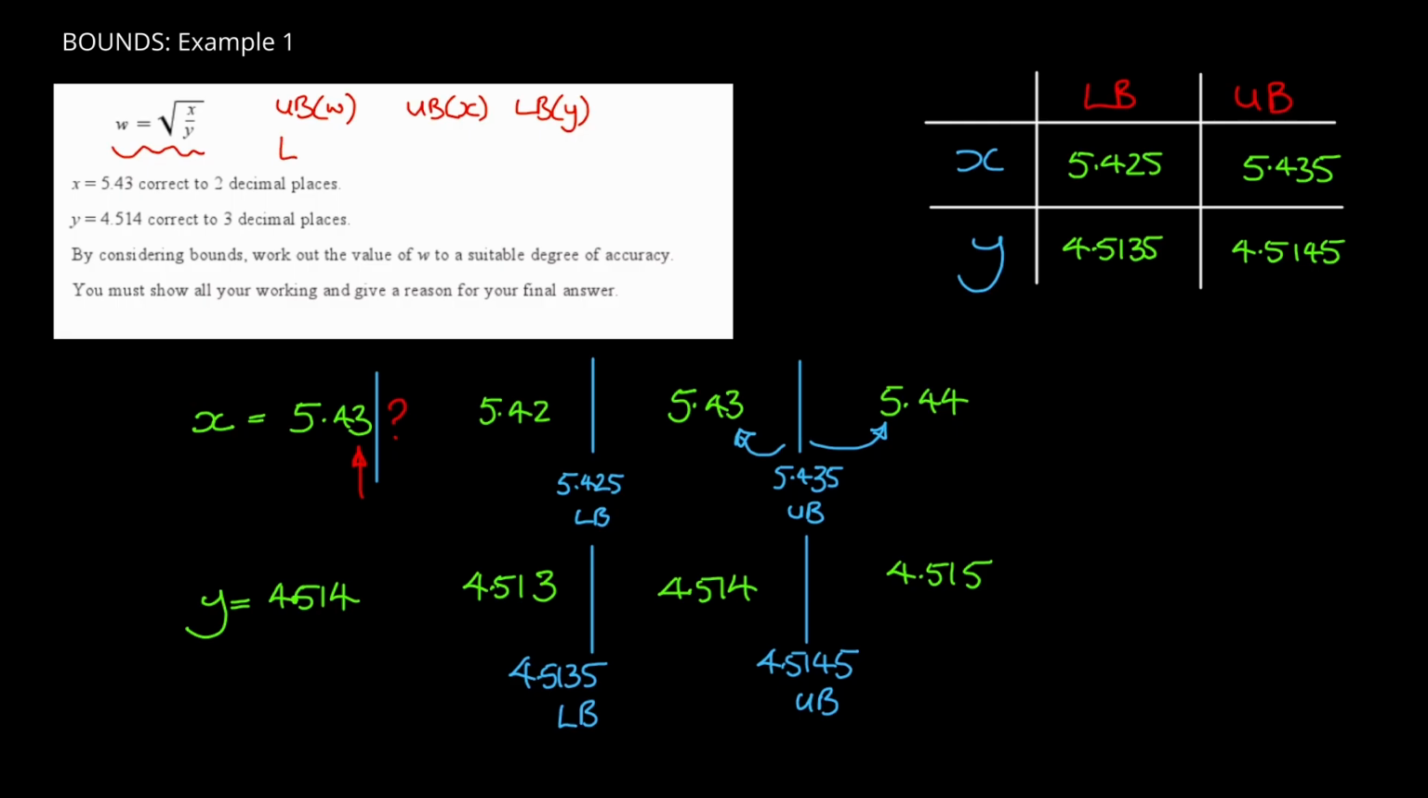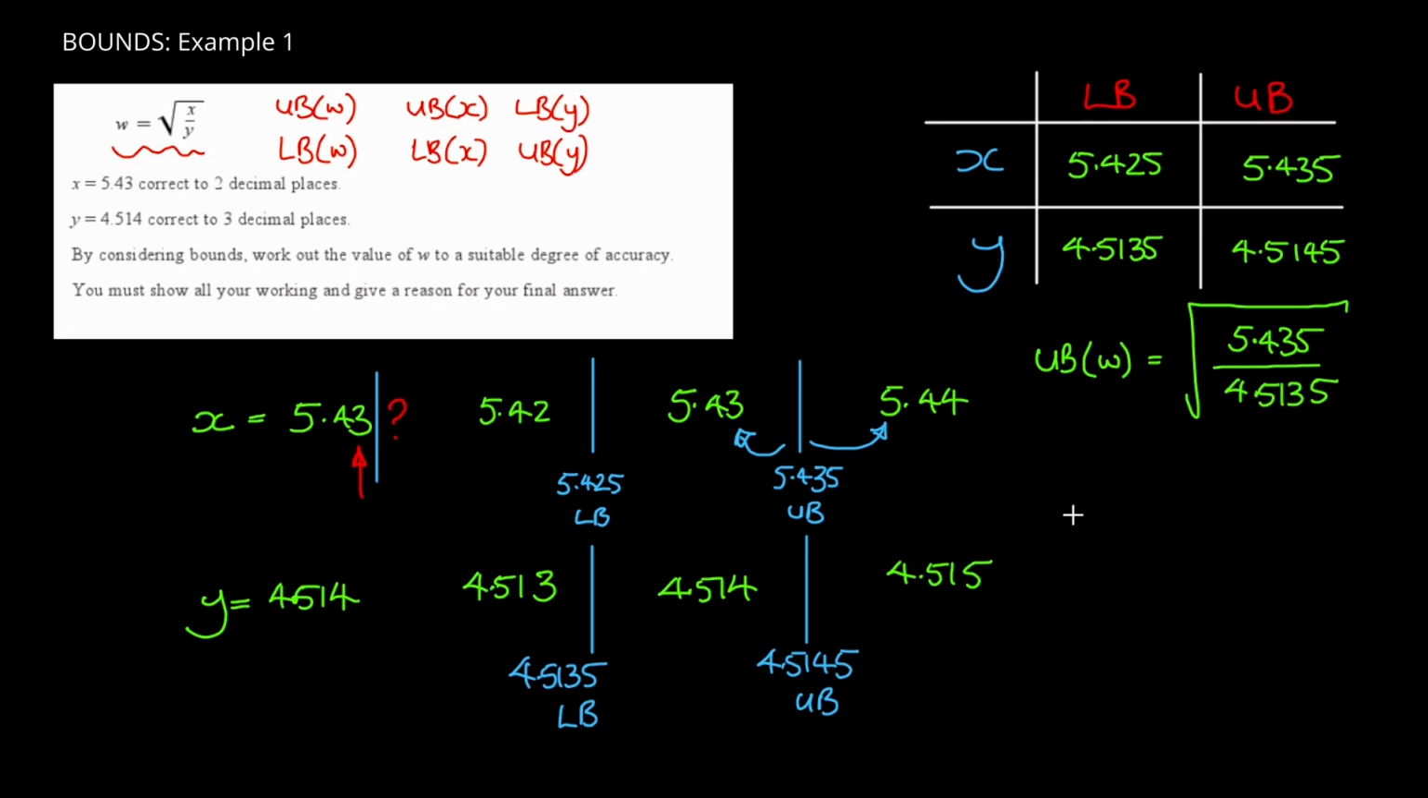And similarly, for the lower bound of w, we want the lower bound of x and the upper bound of y. So first of all, the upper bound of w is given by the square root of the upper bound of x and the lower bound of y. Do these calculations in a moment. And for the lower bound of w, we need